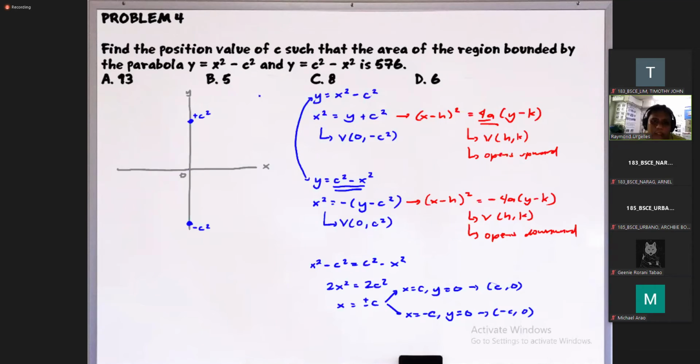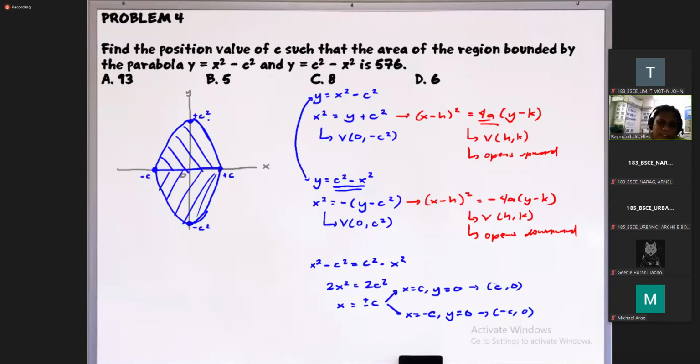No? Okay, so then for the points of intersection, we have c0. So let's say ito yung c0. Then ito naman yung negative c0. Diba? So this is negative c. Okay? So therefore, ito yung unang parabola natin. So again, dumadaan sa point of intersection. And ito yung vertex. Okay? So then para naman sa second curve natin, we have this parabola here. Okay? Nakuha ba? So kaya makikita natin, pag hinati ko siya dito, we will form a parabolic segment here. Then we form another parabolic segment here.